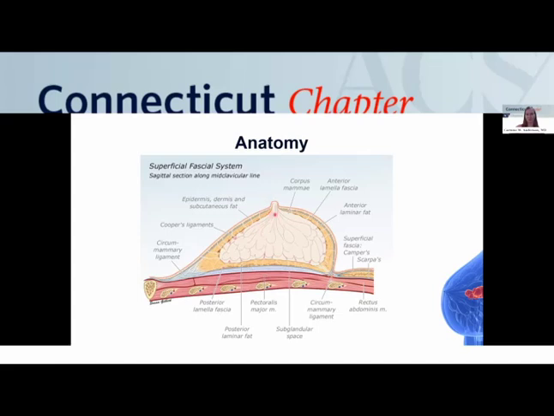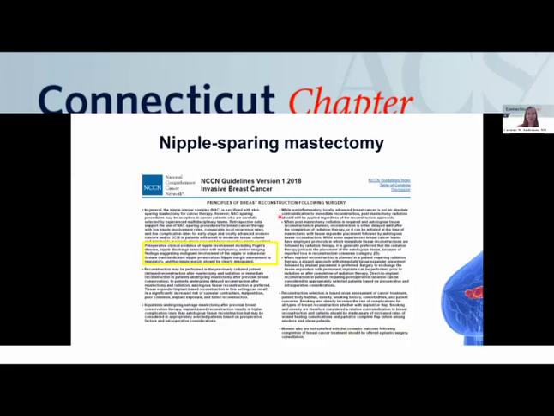Noting also that these ducts go all the way through to the skin at the nipple. So that is an important consideration when you're talking about types of mastectomy, especially nipple-sparing mastectomy. So if you have preoperative evidence of nipple involvement, including Paget's disease, nipple discharge associated with malignancy, imaging findings suggesting malignant involvement of the nipple or subareolar tissues, all of those are contraindications to nipple preservation. You also have to take a dedicated nipple margin as per the NCCN guidelines. And if that comes back positive, the standard of care would be to go back and remove the nipple areola